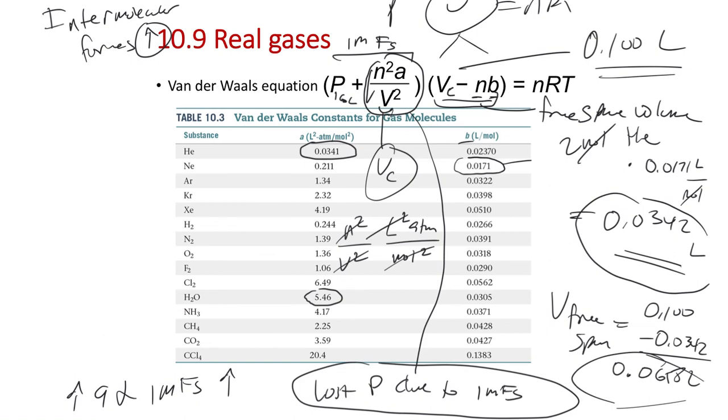We haven't talked too much about the range of B values, but if you compare, as you go to a bigger gas particle, a more massive particle, it tends to take up more space. The only weird one is helium. I've often thought that this has to be some kind of typo, that helium actually has a higher A value than neon. But generally, if you go to a higher molar mass, you get a bigger B value. If the particle is bigger in volume, it takes up more space. So having more mass makes the particle take up more space per mole, and B tends to increase with the size of the particle. So A goes with intermolecular forces, B with size.